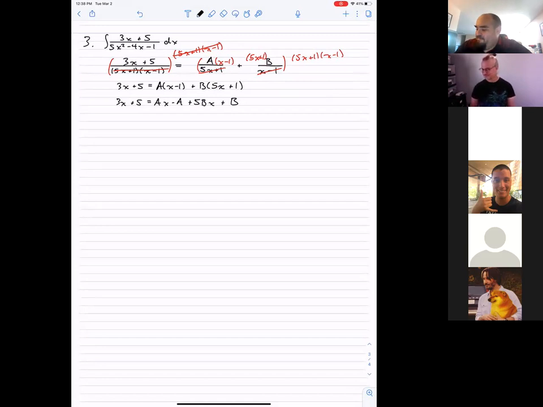Now we rearrange it so that the x terms and the no x terms are their own equations. I'll break this down slowly, because I heard a lot of questions about this yesterday. So first I'll just move everything around: ax plus 5bx minus a plus b. And I'll really make it obvious that these things are